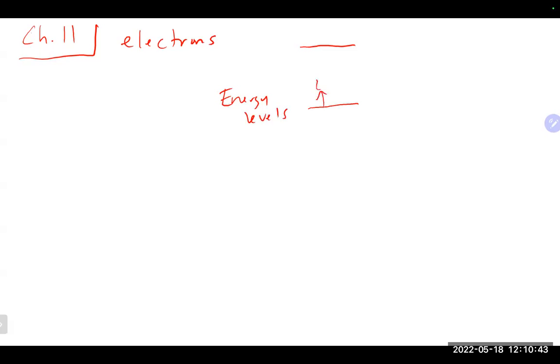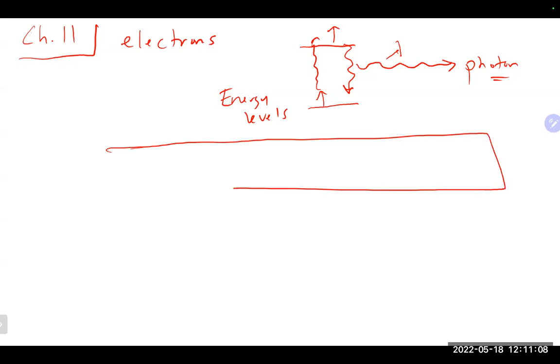And as they transition up to a higher energy level by gaining energy, eventually they will want to work themselves back down to a lower state of energy. The result of that is they will give off that energy in the form of a photon of light with a specific wavelength. And that wavelength does correspond to some parts of what we talked about, which is the electromagnetic spectrum,